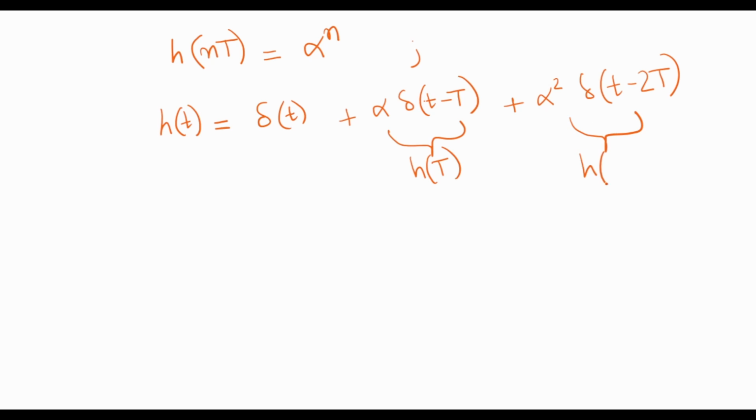So this is h of 2T. If I go on like this, I would have alpha to the n times delta of t minus nT,